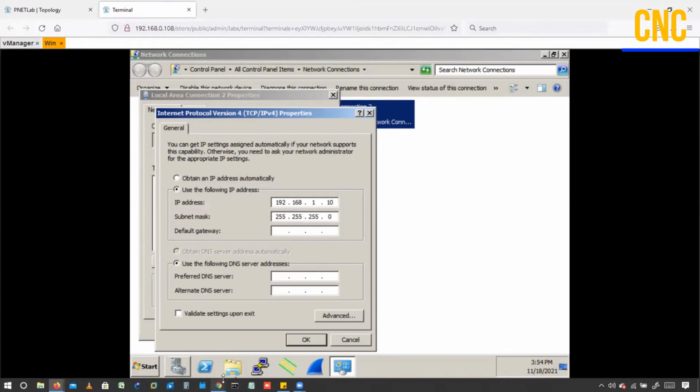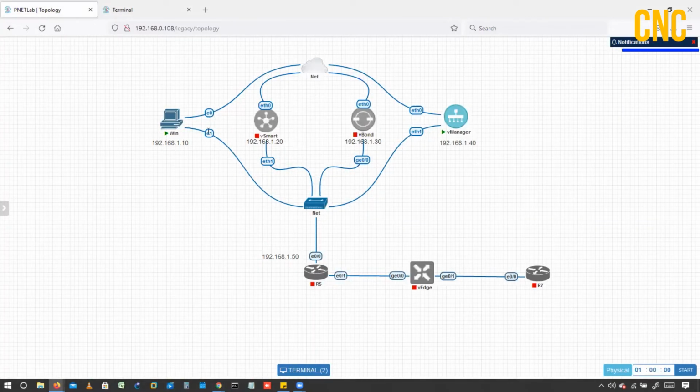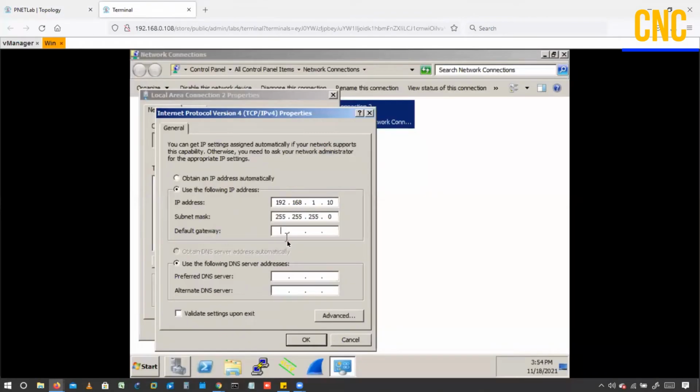Basically, in this topology, whenever these devices try to communicate to another network, this is the point that will connect the other devices or the other sites, right? So right now, I'll configure a default gateway on all these devices towards R5. I'll be taking dot 50, so let me configure 192.168.1.50 as the default gateway.